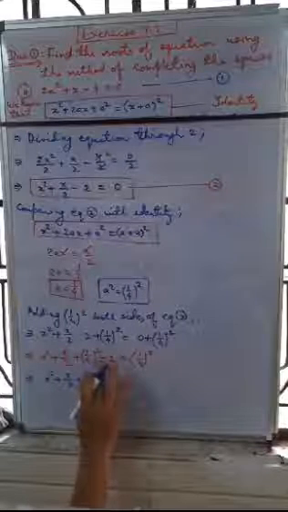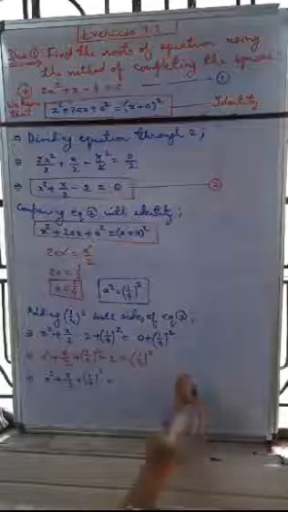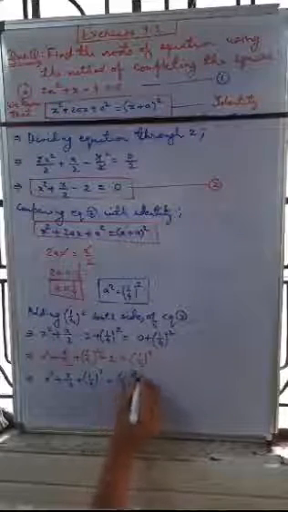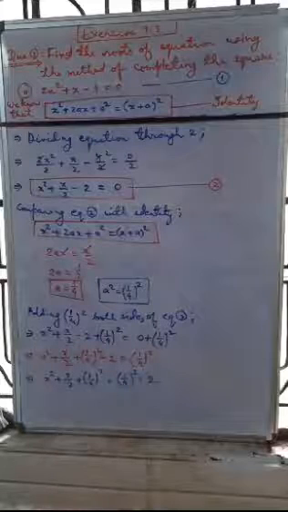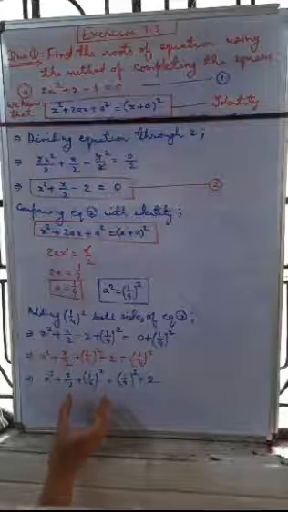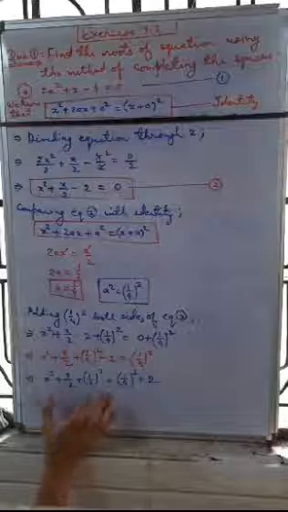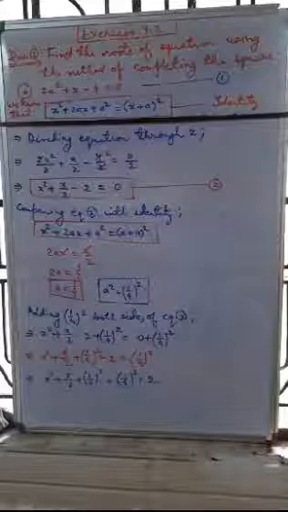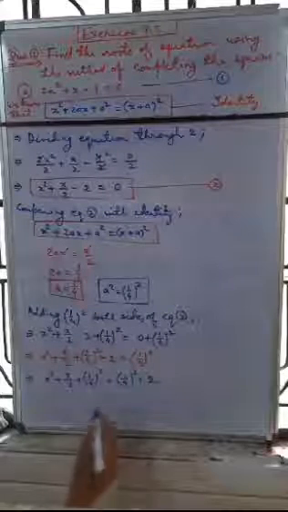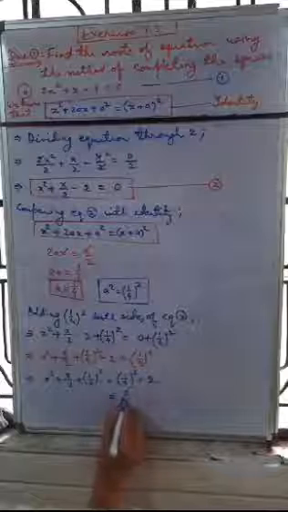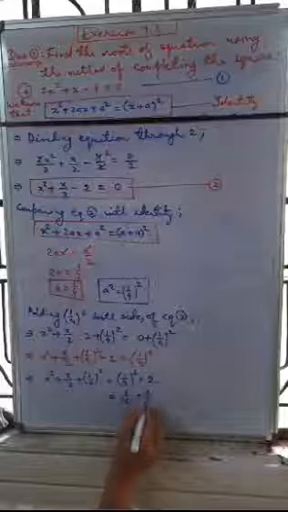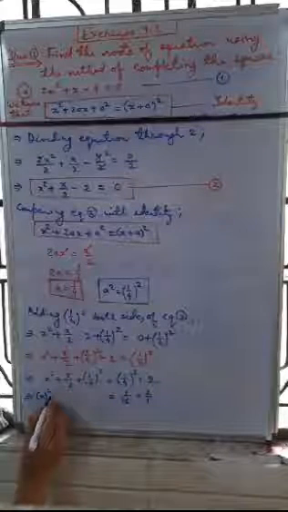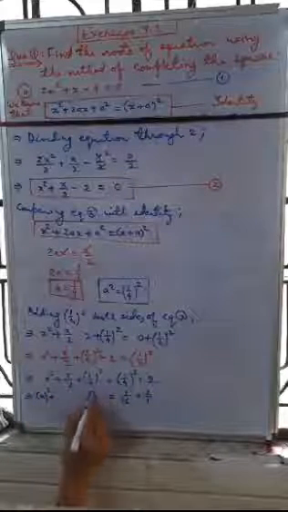Now the additional minus 2 can be transferred into the right hand side. So 1 by 4 whole square plus 2. Now this is the main thing which you have done in previous steps. Now the problem becomes easier, you can solve it easily. So 1 by 4 square means 1 by 16, plus we can write 2 by 1, or here we can also write x to the whole square plus 1 by 4 to the whole square.